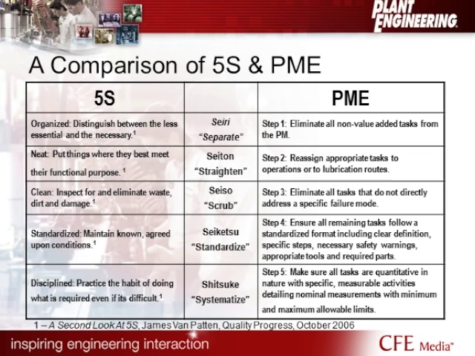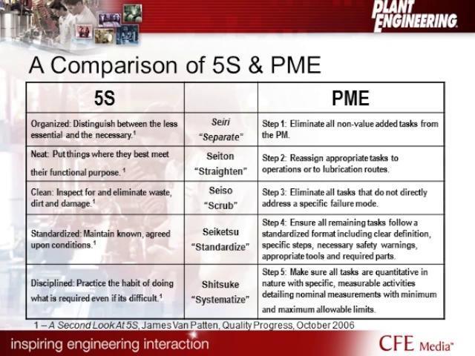So instead of saying, is the belt frayed, to what degree is it frayed? To what degree is it cracked? To begin to give us more information so that we can better understand those assets. So that is a comparison of 5S and a PM evaluation process. Again, we're using those same tools that came from the Toyota production system that became what we call lean today, but we're using it in the maintenance realm to explain how we can improve our process.